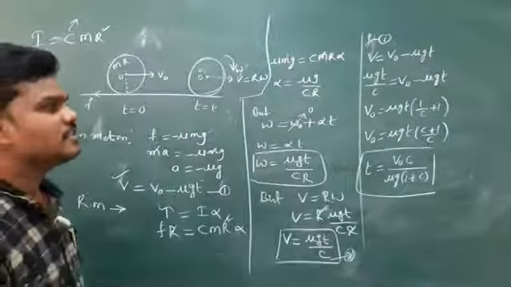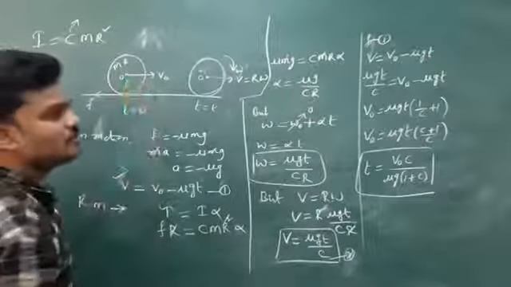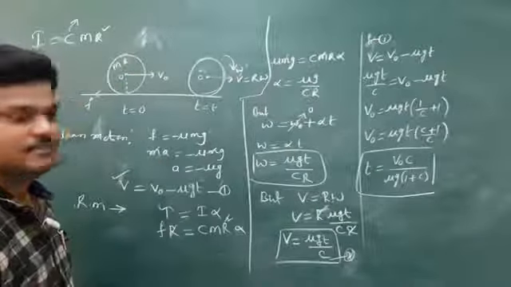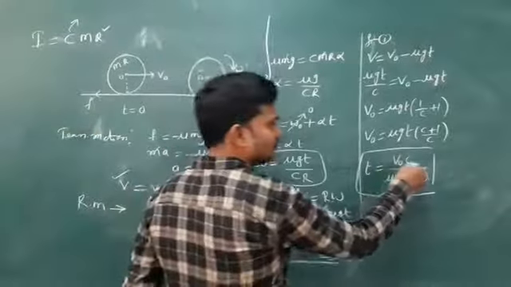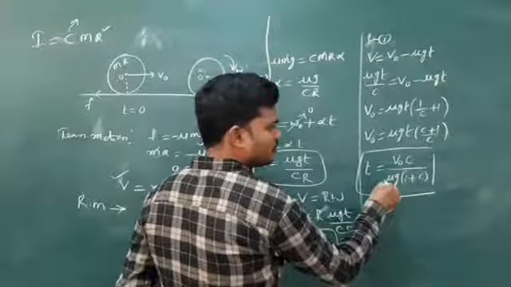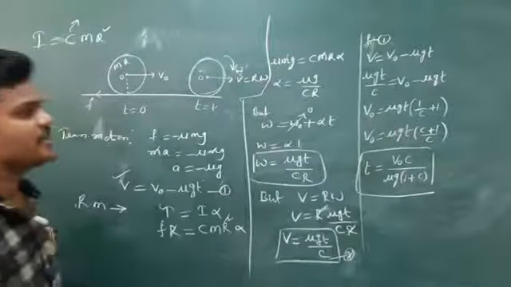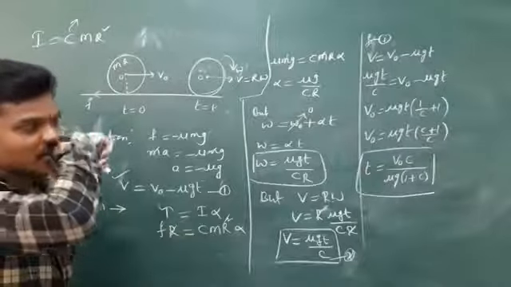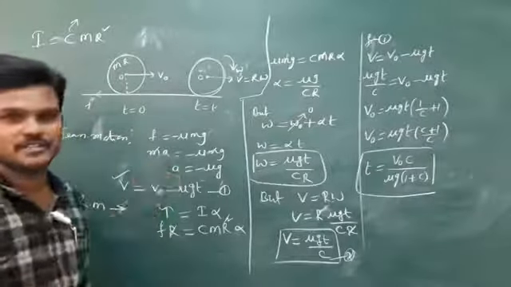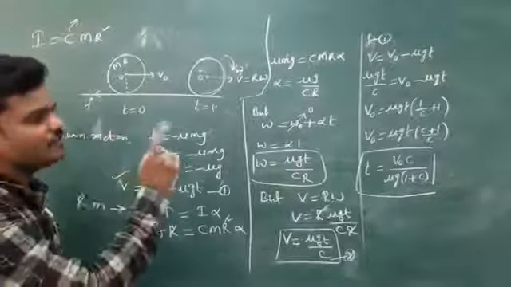Say a disk is moving with a speed of 4 meters per second with a coefficient of friction 0.2. If they give that value, for a disk c is 1/2, so 4 into 1/2 divided by 0.2 into g into (1 + 1/2), you will get the time. You can find the time directly. If it is a solid sphere, 2/5 is the c value. Hollow sphere, 2/3 is the c value. So this is the time after which pure rolling will start.